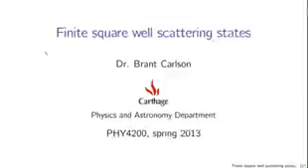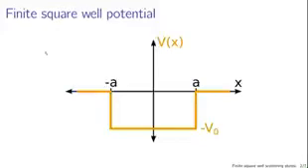The bound states for the finite square well potential are discussed in another lecture. The subject of this lecture is the scattering states for the finite square well, which can be derived in a very similar way. The overall context is our finite square well potential,